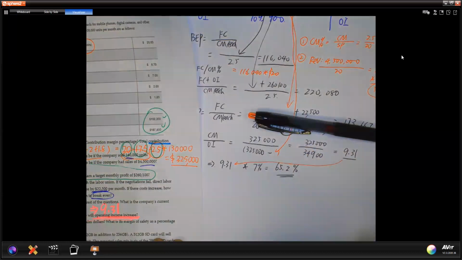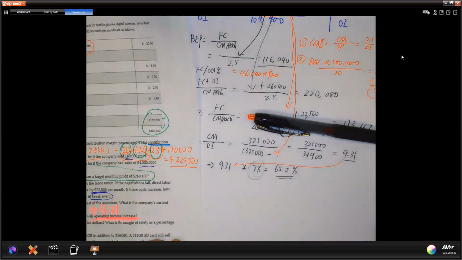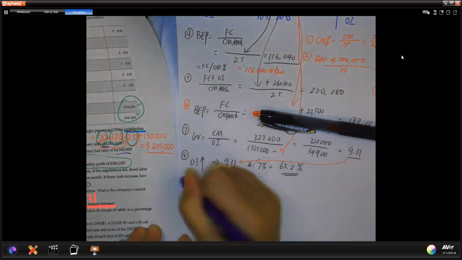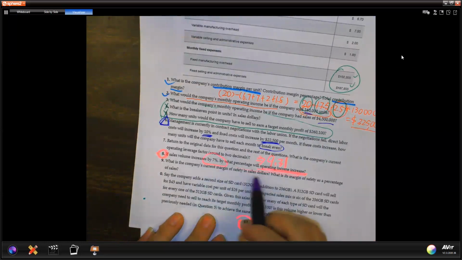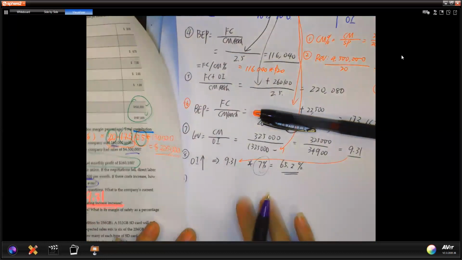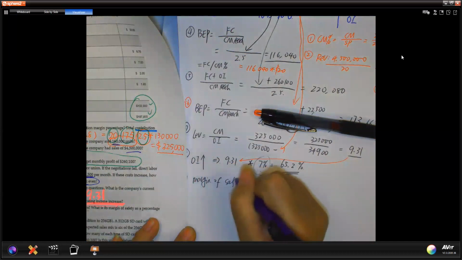So you can say your sales volume only increased by 7%, but your operating income increased by this much. Okay, and then next one, question 9, we are almost done. What's the current margin of safety in sales dollars? Okay, so what is margin of safety? We said the margin of safety equals your current